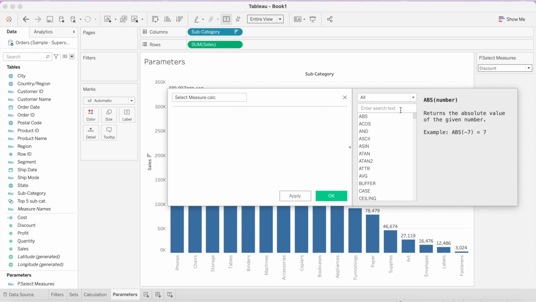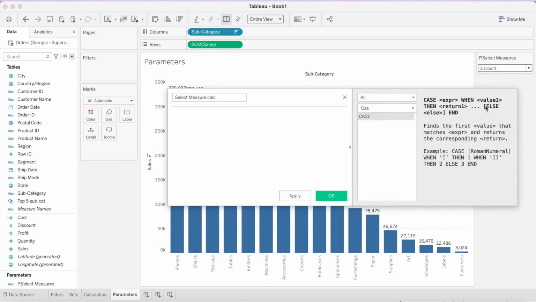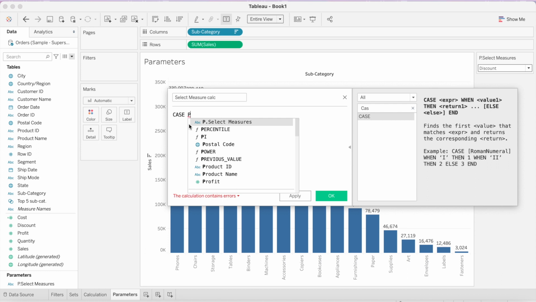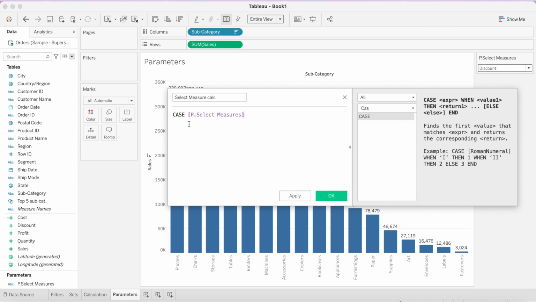So here if you type, you can find this case statement, and here you can find the syntax as well as a brief explanation and an example of a case statement. Now here I'll show you the calculation using a case statement. Let's type case tab, name of the parameter, that is p dot select measures tab.